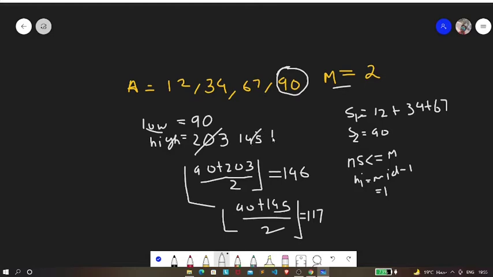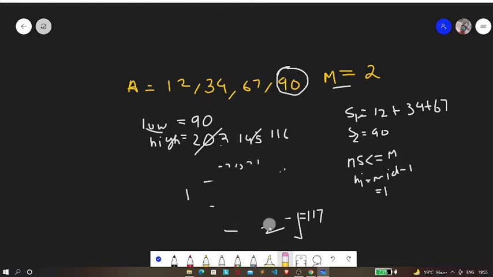So our high will be updated to 116. So that's what is going to be our mid. Let me just remove this part, and let me quickly remove this part also.